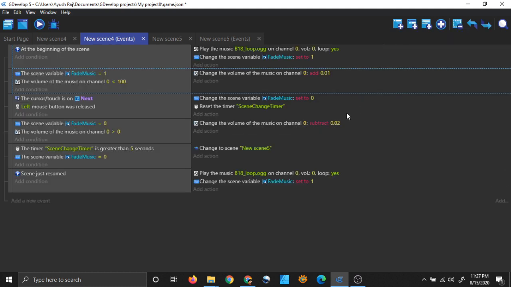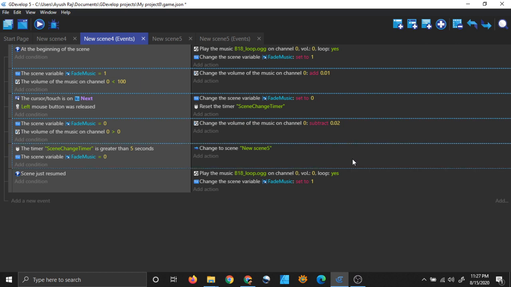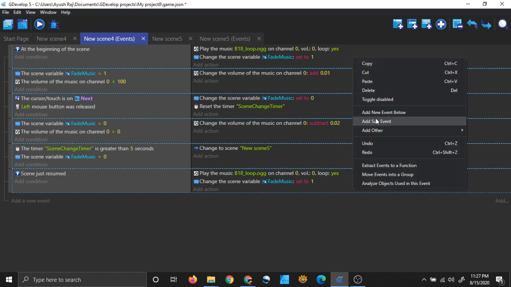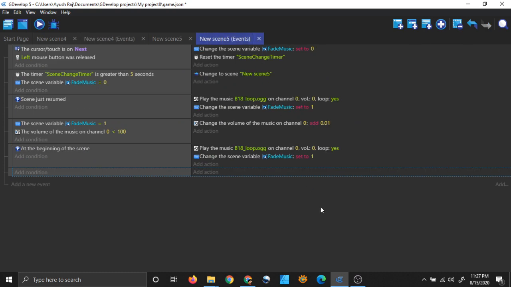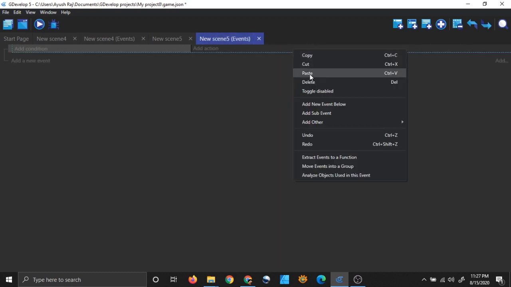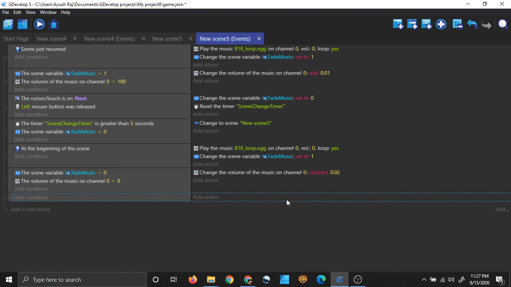1 2 3 4 5 6. I will copy them all. Here I will move them and right click and paste. I will delete the final one. Now I have all 6 of 1 2 3 4 5 6.